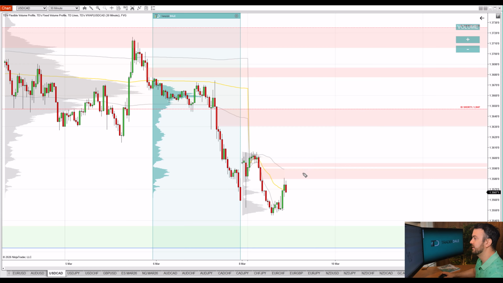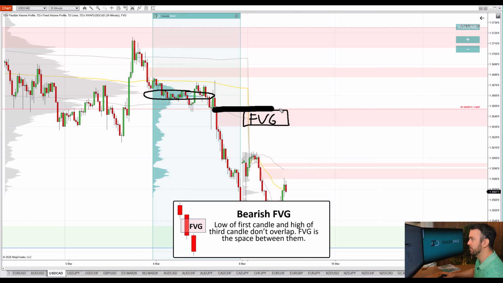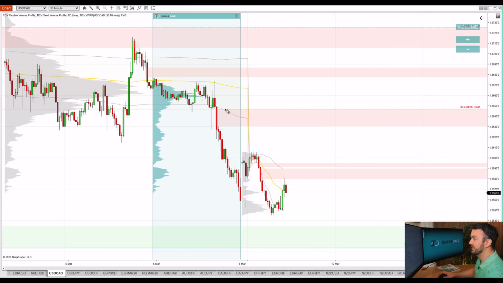as a resistance. So my level is exactly here, not exactly at the beginning of the heavy volume zone, but at the beginning of a fair value gap. It's highlighted in red, as you can see in here. This is the fair value gap, and this is the beginning of that fair value gap. Price likes to react to those. So this level is actually a confluence of the heavy volume zone and the fair value gap, and currently I'm just